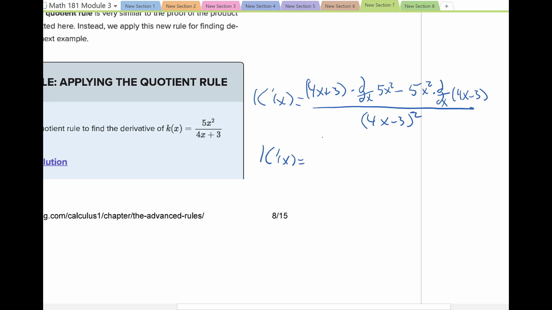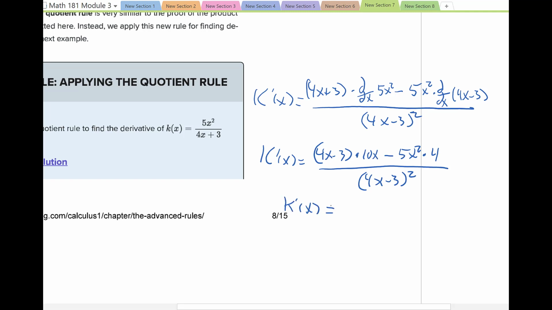So k prime of x is going to be this: 4x minus 3 times the derivative of 5x squared, which is 10x, minus 5x squared times the derivative of 4x minus 3, which is 4, all over 4x minus 3 squared. And I usually leave the denominator in a factored form like that. I don't expand it. So our k prime of x, k of x prime, I should say, is going to